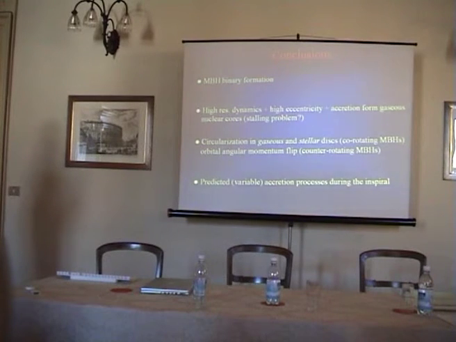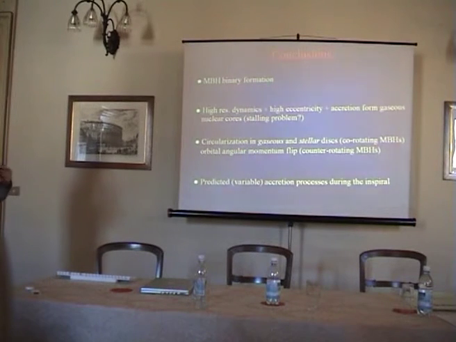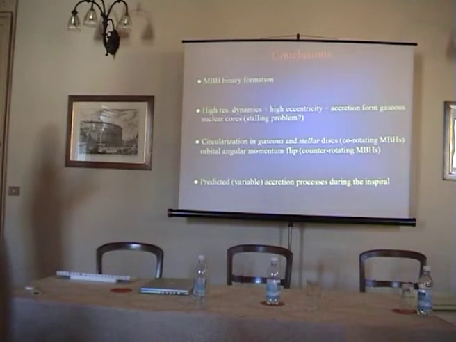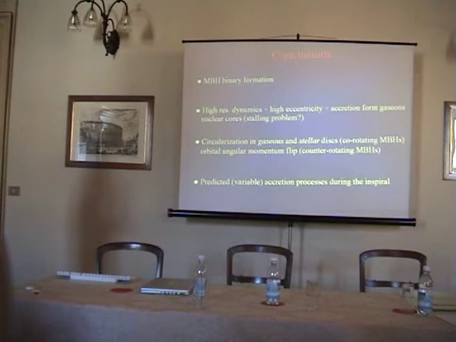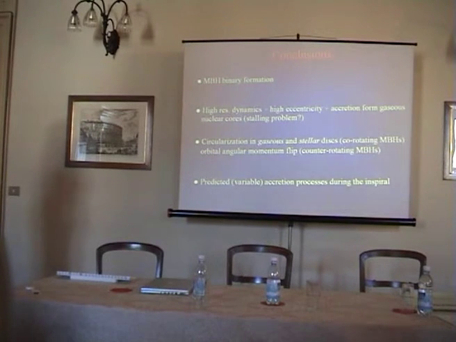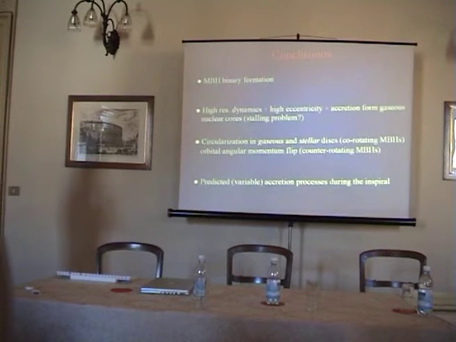But if we study the simulation with high resolution, with a secondary supermassive black hole on a highly eccentric orbit, and with the massive black holes able to accrete gaseous bound particles during the simulation, a nuclear core can form in the inner part of the disk, and so there could be a stalling problem also for a gaseous background. The two massive black holes circularize their orbit inside the gaseous or stellar circumnuclear disk,